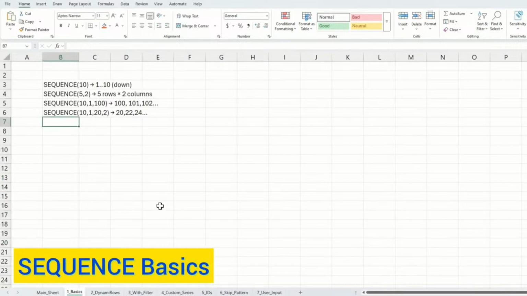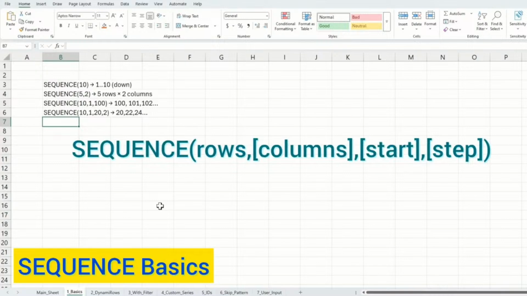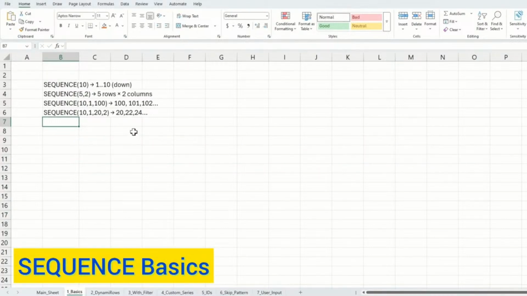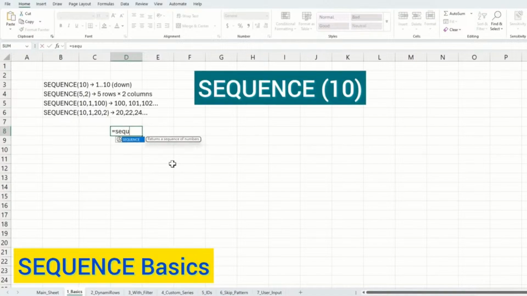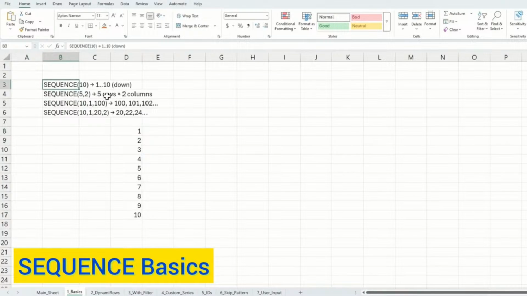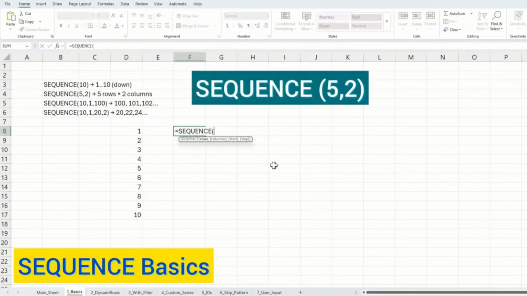SEQUENCE returns a series of numbers that spill automatically. The syntax is SEQUENCE and inside parentheses: rows, columns, start, and step. Let's check out how to use it. SEQUENCE with one value as 10 automatically fills the data for 10 rows. SEQUENCE with the first value as 5 and the second value as 2 would fill 5 rows and 2 columns starting from